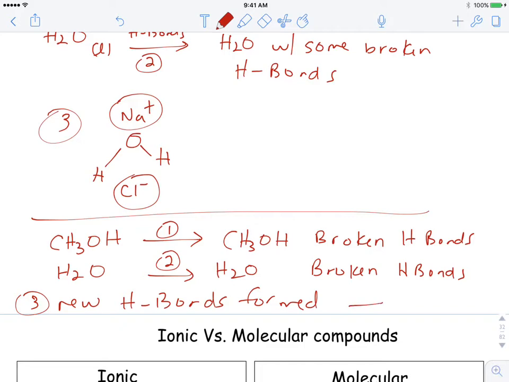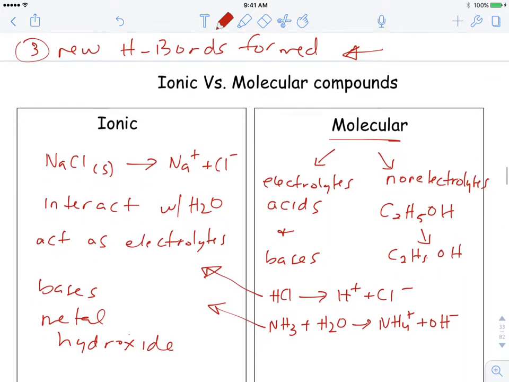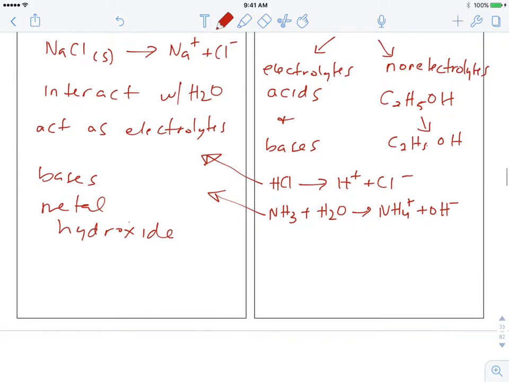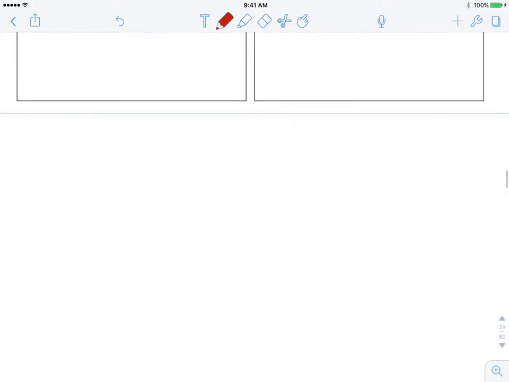Maybe what you could do now is pause this video and take a second to go through and say, what would those new hydrogen bonds look like? See if you can do it. The same way I drew the sodium and the chloride up here with the water, see if you can do that down below with a methanol and a water molecule. How would those interact? Okay, so